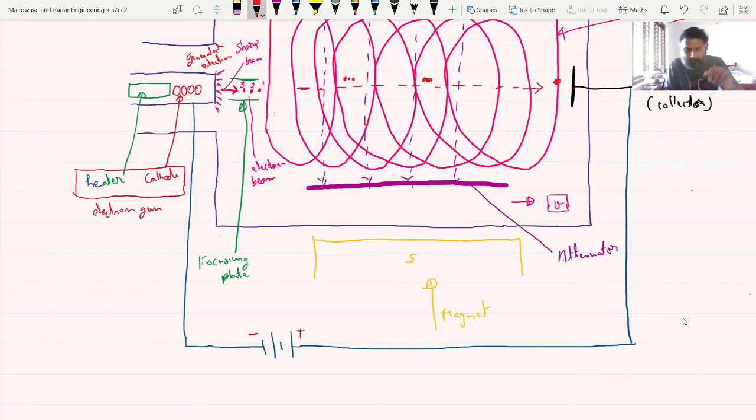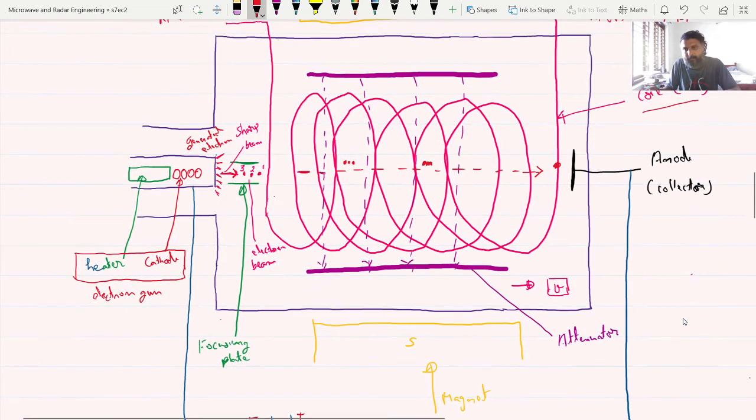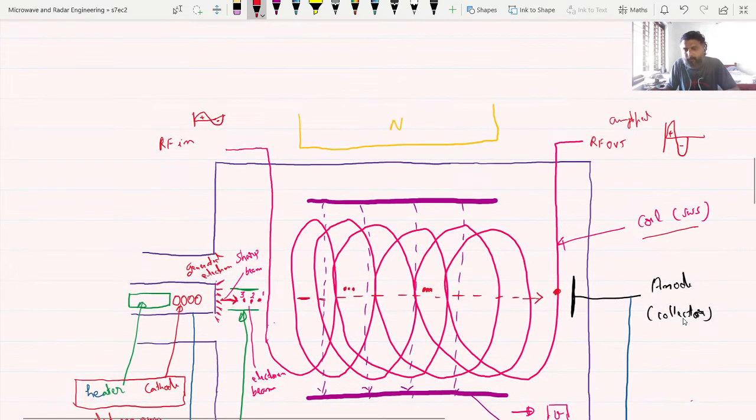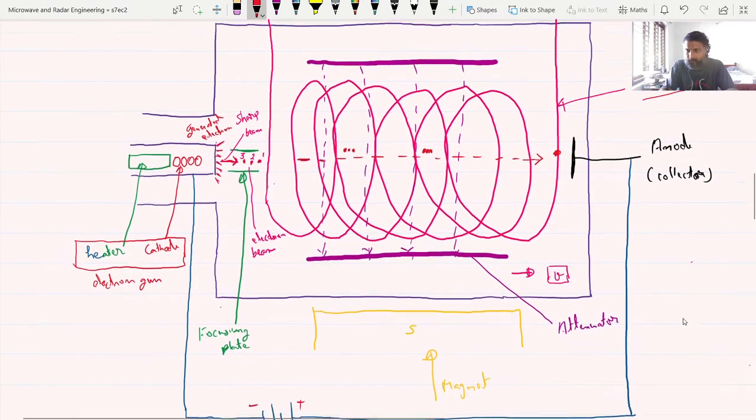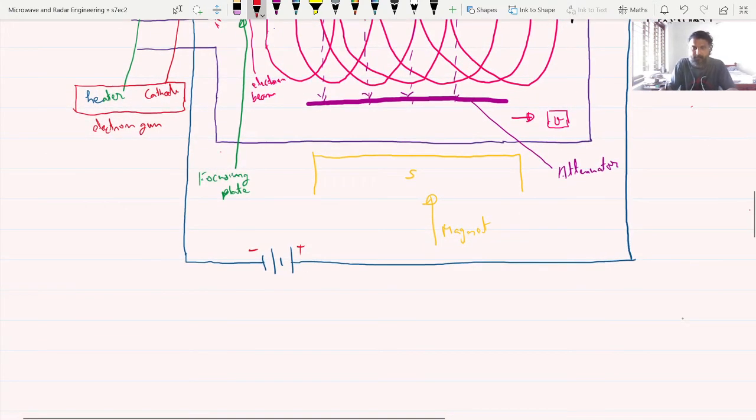So I will explain how your traveling wave tube amplifier works here. By considering three electrons, the first electron, the second electron, the third: an early electron, a reference electron, and a late electron. I will consider how these three electrons move and how the bunching occurs at the anode section. Before that, I will write some points related to this one.